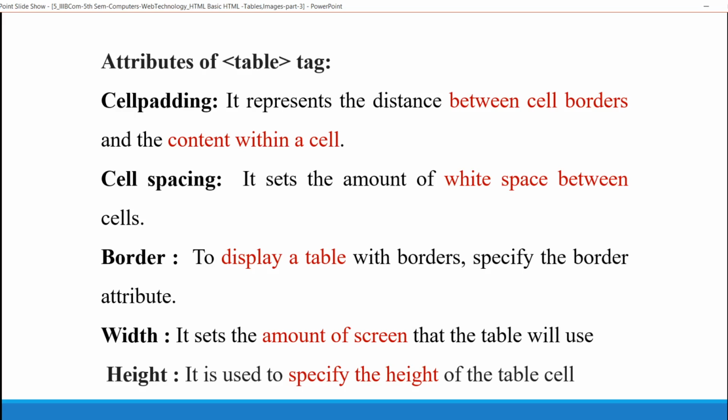Width: how much size the table should appear on the screen is set with the width and height attributes. Width sets the amount of the screen that the table will use. Height is used to specify the height of the table cell.